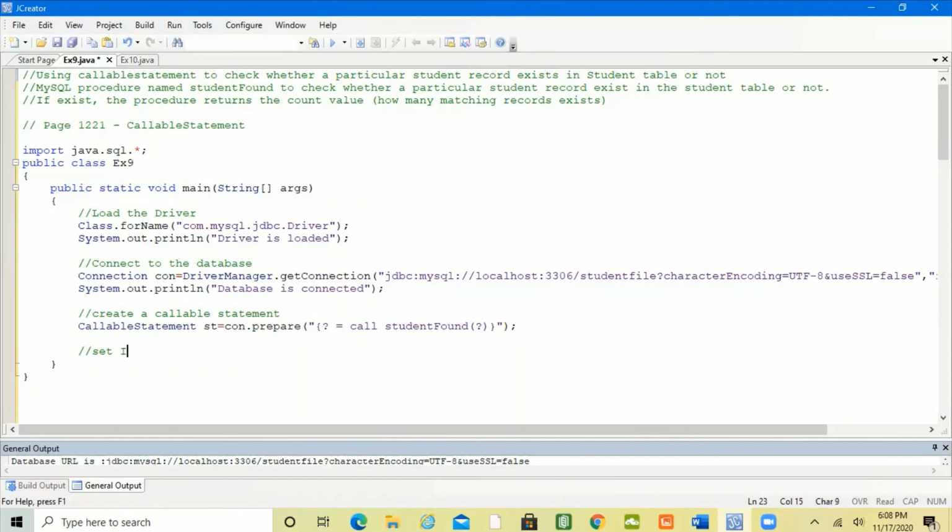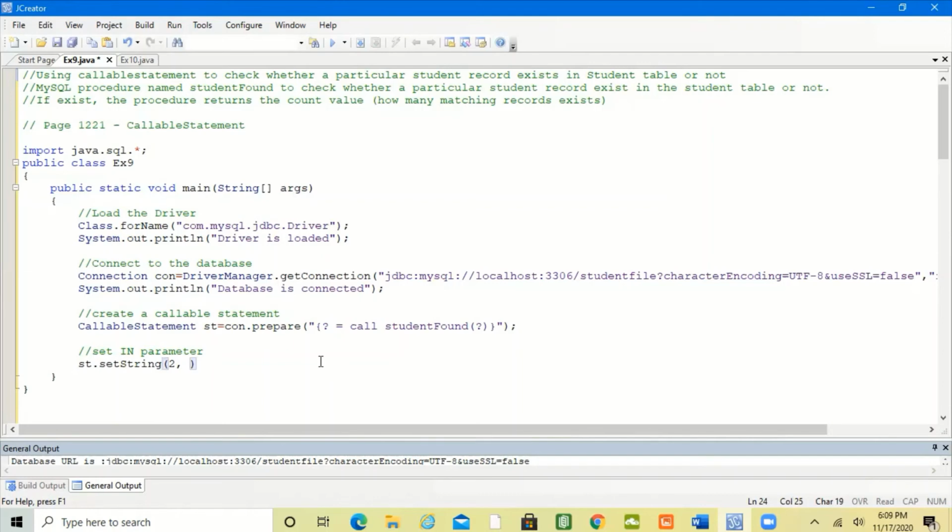So set the in parameter. What is the value of the in parameter? st.setString inside the bracket. Remember, you have to follow the sequence. The first question mark is number 1, the second question mark is number 2. I'm going to set a value to the second parameter.